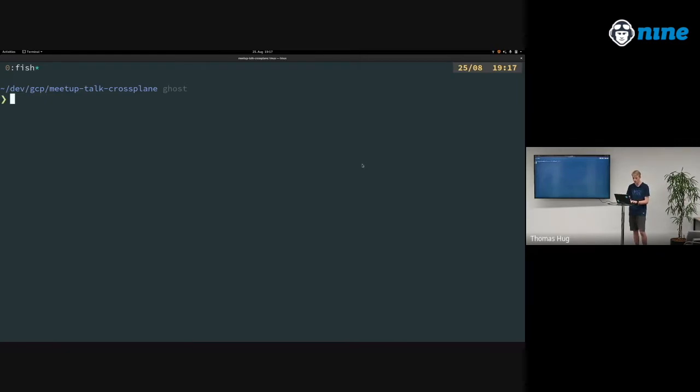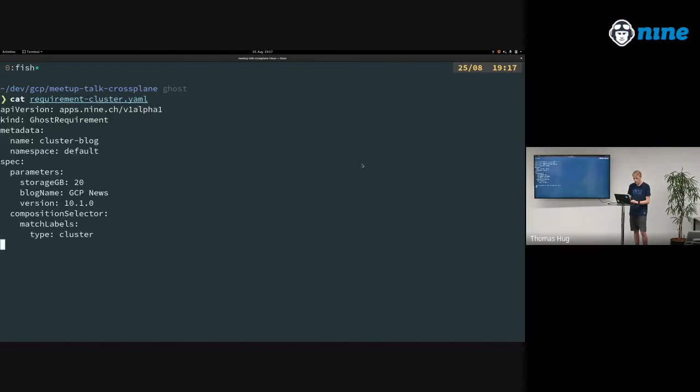So basically, what I want now is I want my app. I'm a developer. I just have a requirement basically to deploy my blog. I took an application called Ghost. It's just like an open source blogging software, just to demonstrate it. It could be any application. I basically want to deploy a blog, so I have this